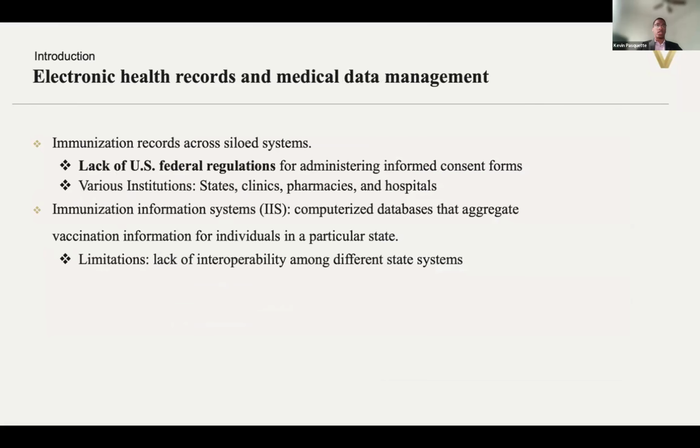At the same time, vaccination data are siloed across multiple platforms. Electronic health records, pharmacy systems, and state immunization information systems rarely communicate effectively. Each state's IIS pulls data locally, but communication between the states is very limited. Physicians at the point of care aren't really able to fully grasp a patient's previous vaccine history, or if they received a prior dose of HPV at another clinic in another state. This fragmentation poses a direct challenge to cancer prevention efforts and HPV vaccination, where having a complete immunization history is essential.